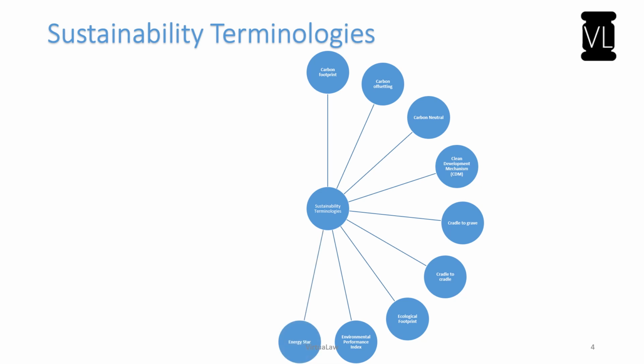Next, Energy Star. This we have seen day in day out on all the refrigerators at our home. On your refrigerator, if you observe, there would be 3-star, 5-star, 4-star, and so on. That is a star which represents the efficiency of that particular appliance. All the electronic appliances, fixtures, or any other utilities have an Energy Star, the highest being the best. Energy Star is a program wherein they evaluate the energy efficiency of all the electrical appliances.